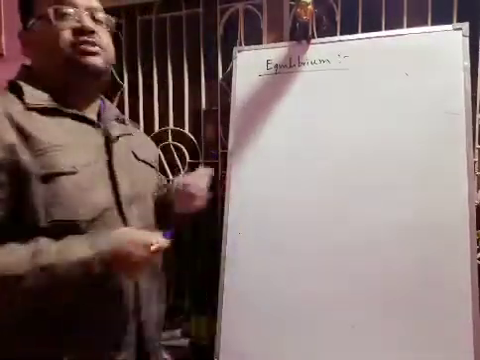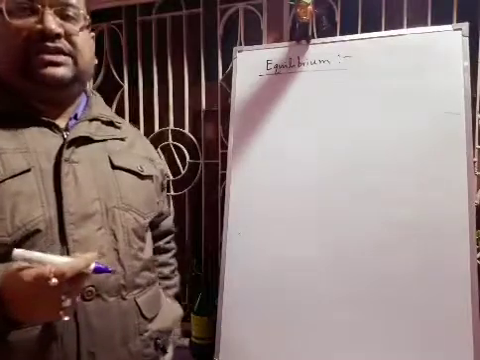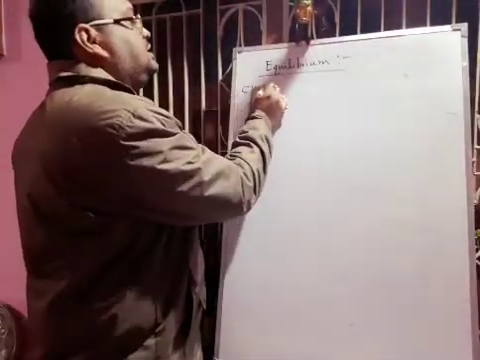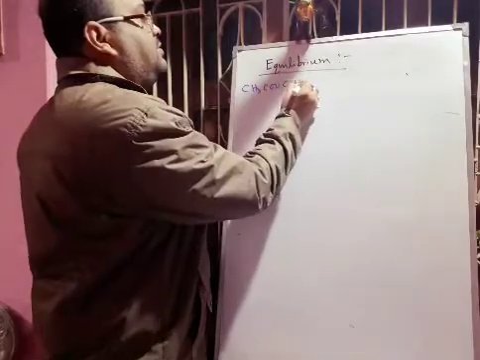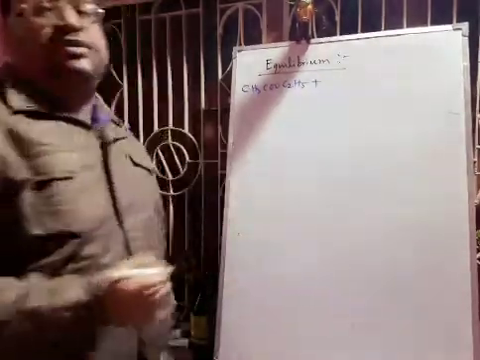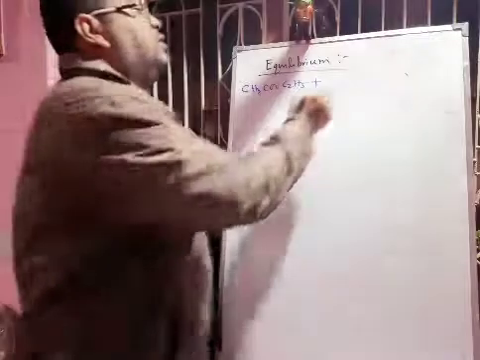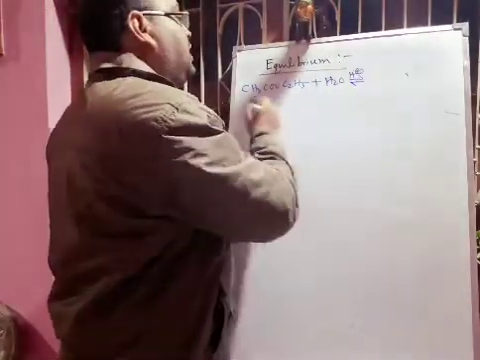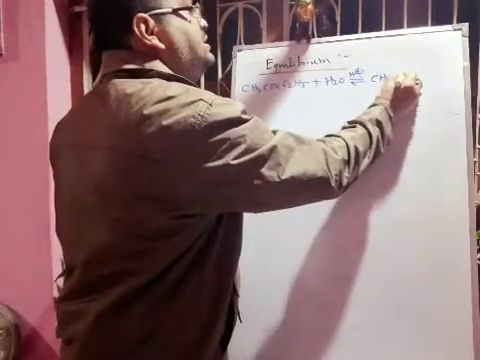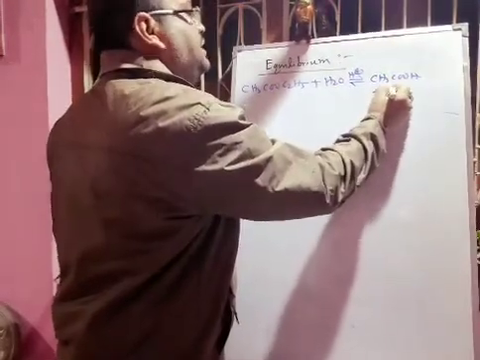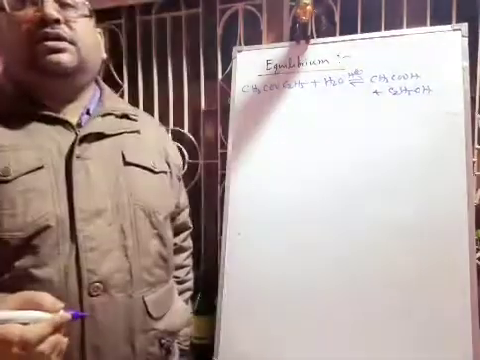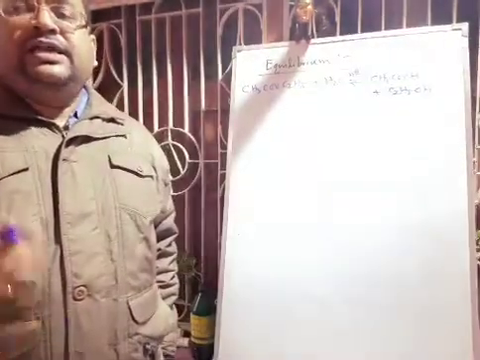For the reaction in liquid state, we will discuss the hydrolysis of ester. We have to take ethyl acetate, CH3COOC2H5, and we are hydrolyzing it using some acid: H2O and H+. It will form acetic acid, CH3COOH, and ethyl alcohol, C2H5OH. This is your reaction. All are in the liquid state.